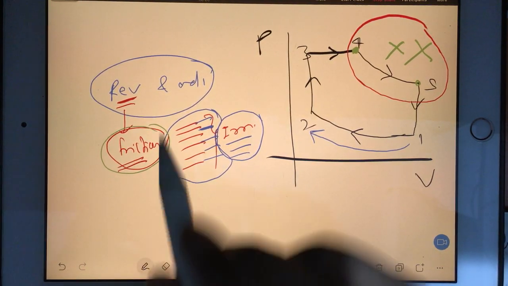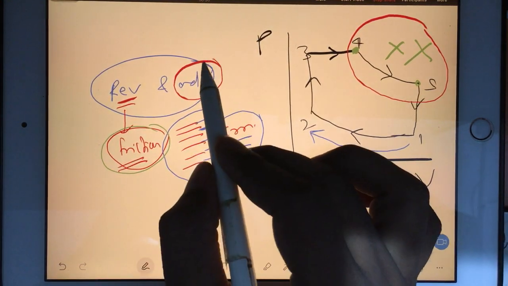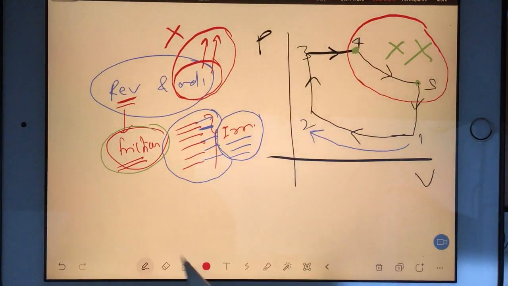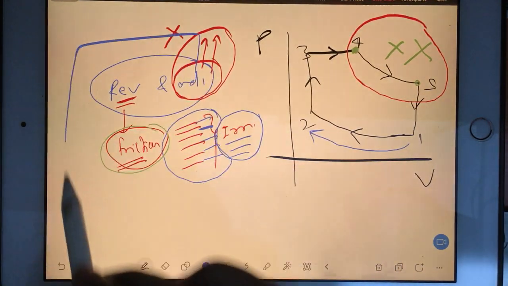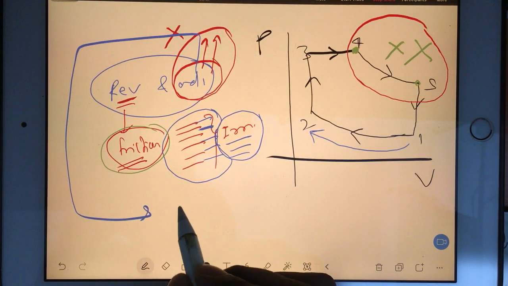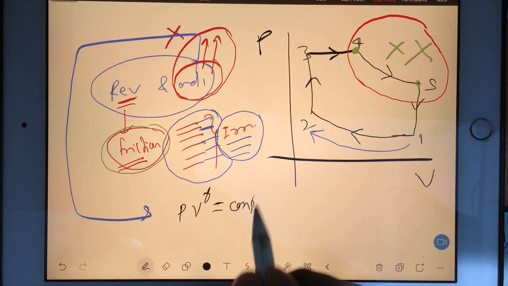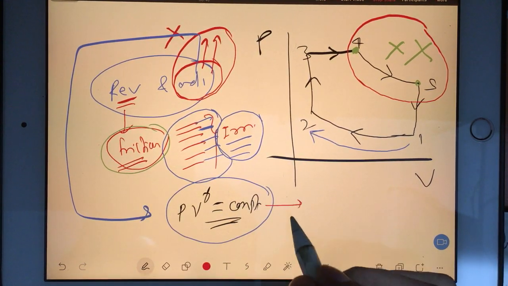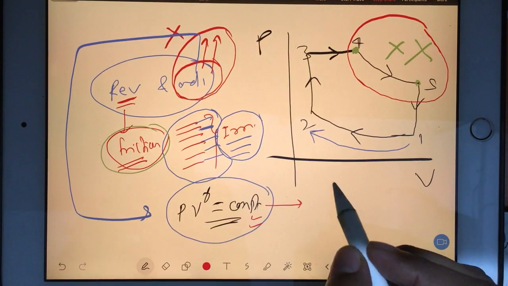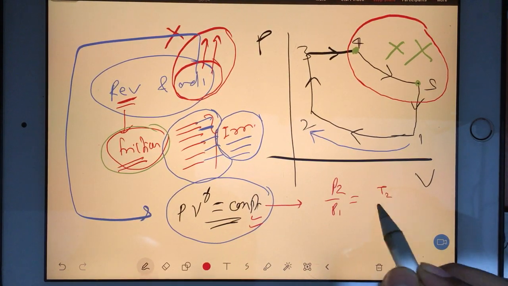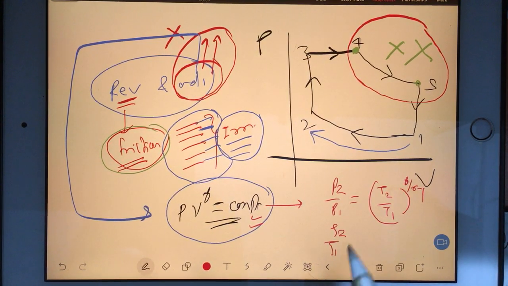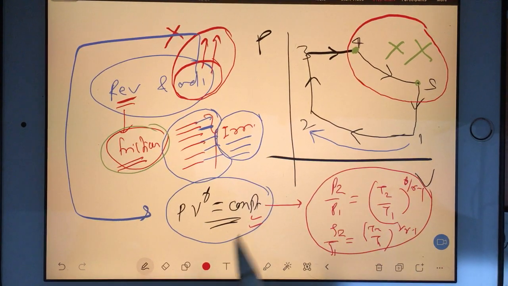Okay. Now, adiabatic is the name of a process, means there is no heat supply. So actually, adiabatic process is having its own fundamental equation, PV^gamma is equal to constant. And with this equation itself, we used to find out state change equations, means P2 by P1 is equal to (T2 by T1) whole power gamma by gamma minus 1. Rho 2 by rho 1 is equal to (T2 by T1) power 1 by gamma minus 1. Like these are the fundamental equations of adiabatic.